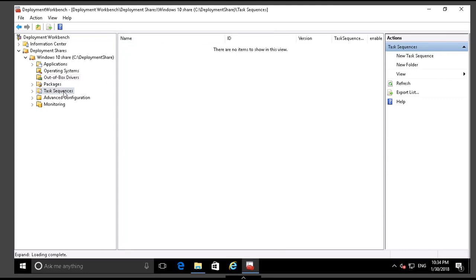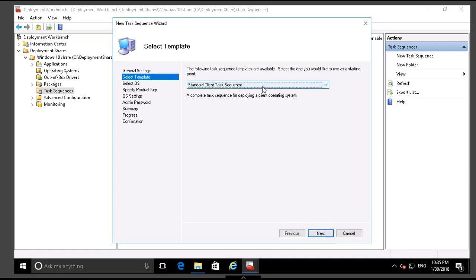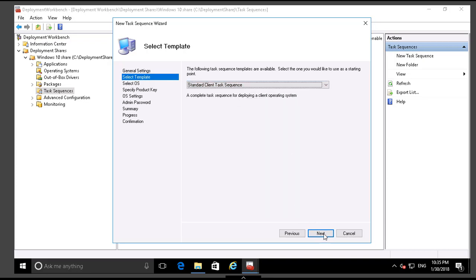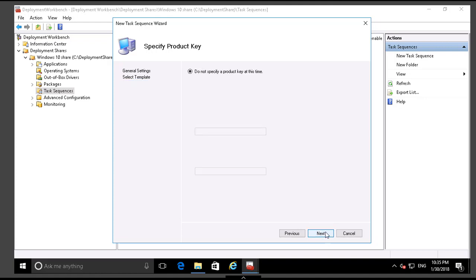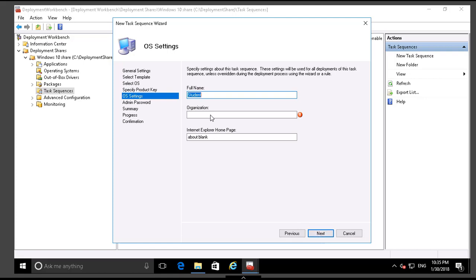Now I will create a task sequence. Now this task sequence will define what I have to do. Next. I'll select the template. Since this is a client operating system, I'll select the standard client task sequence. This is the operating system. I do not want to specify the product key. Full name, student, organization. I can specify